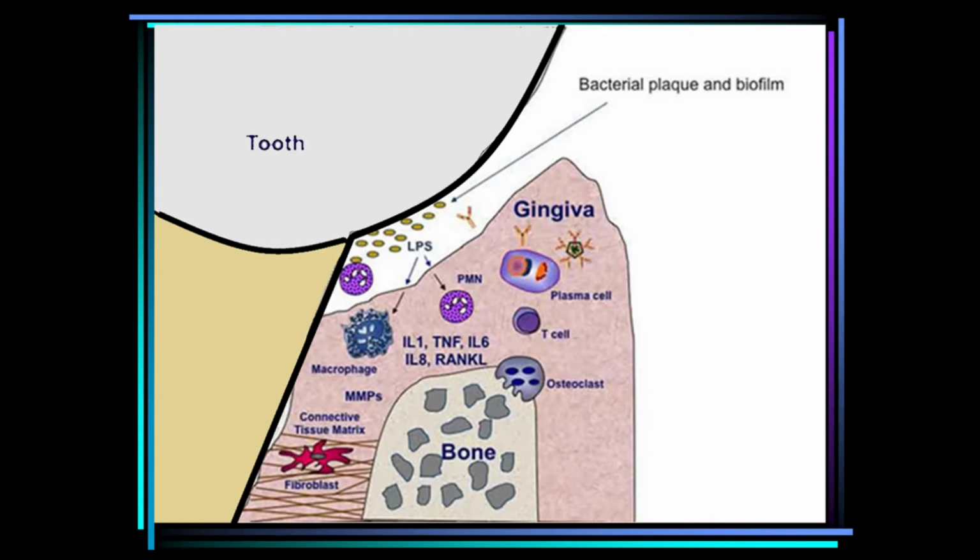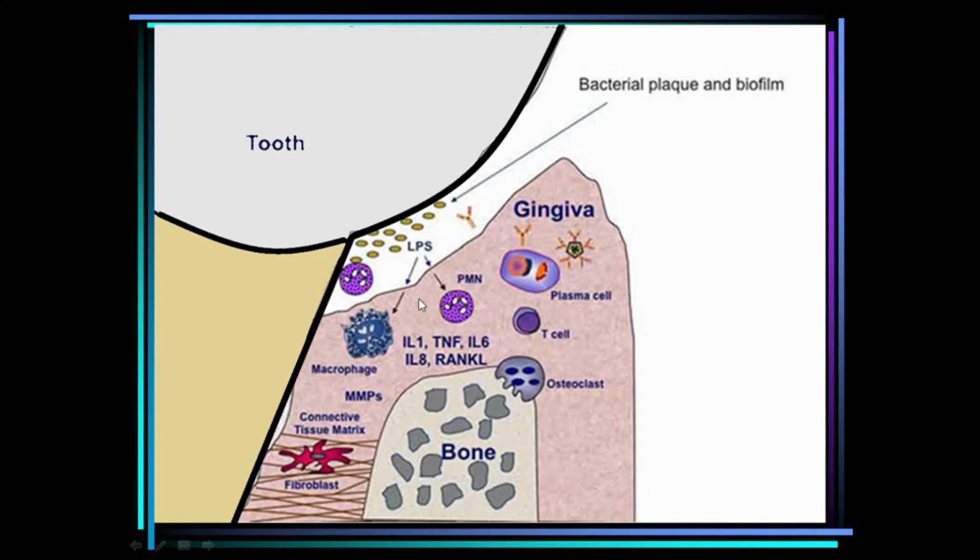Then the various components from the dental plaque, like lipopolysaccharides, will leach out into the gingival tissue and irritate the gingival tissues, and inflammation will be there. Because of this, pro-inflammatory cytokines are getting increased in number, like interleukin 1 and tumor necrosis factor. They will activate the osteoclasts and hence breakdown of the bone will be there.